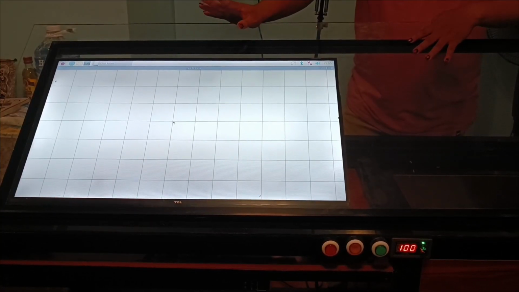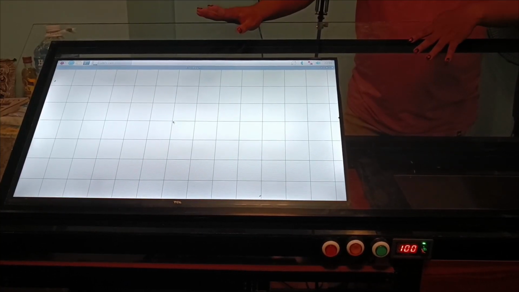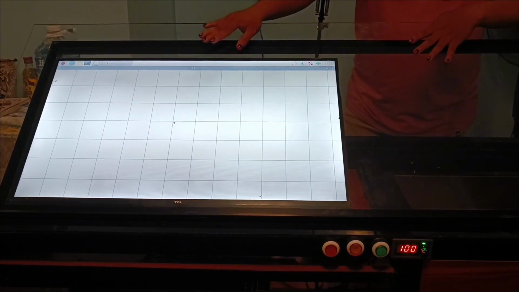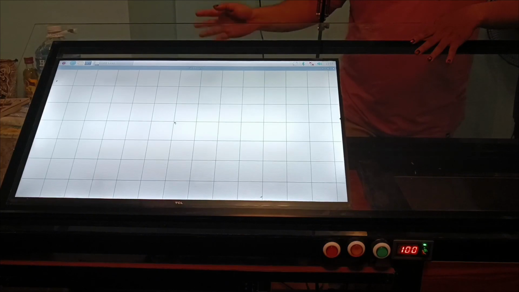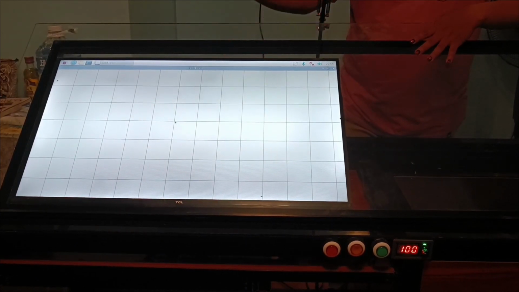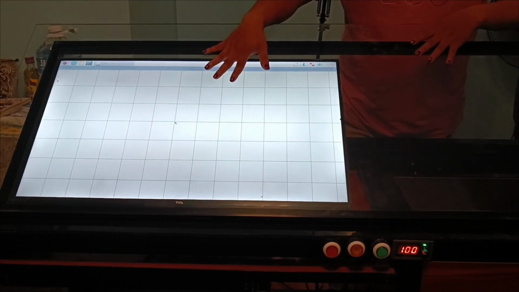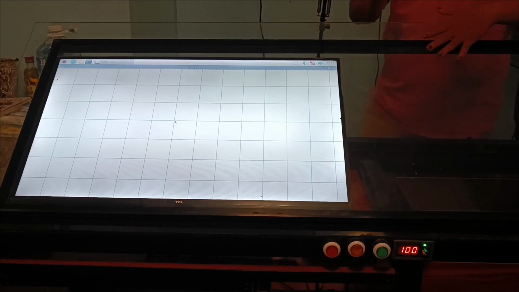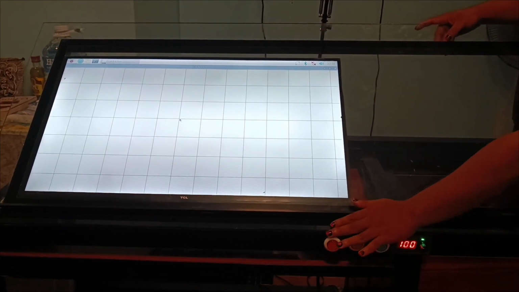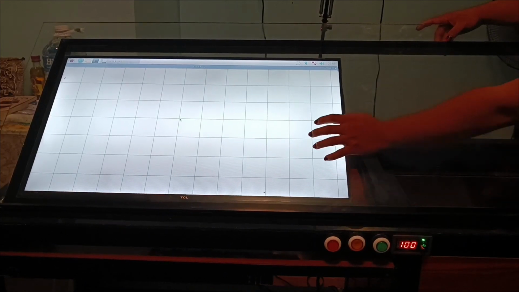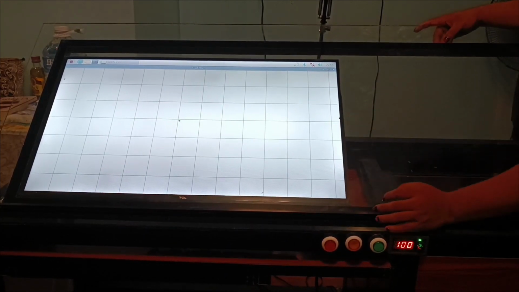Next, the two features of this table is what we call the projected grid lines and the LED backlight. Now, the projected grid lines is manageable by 3 buttons in the front. So these 3 buttons do manage this projected grid lines.